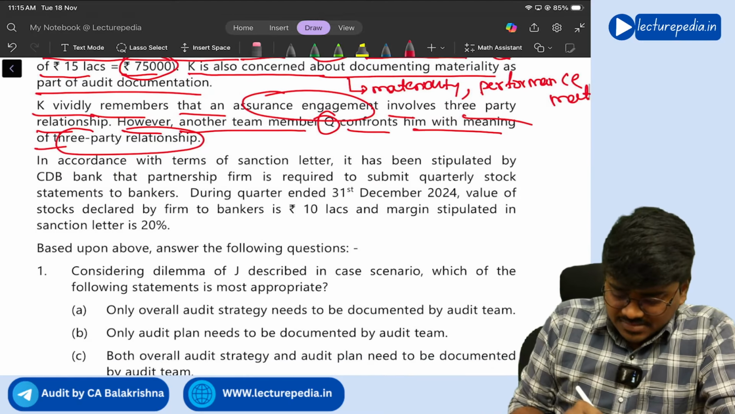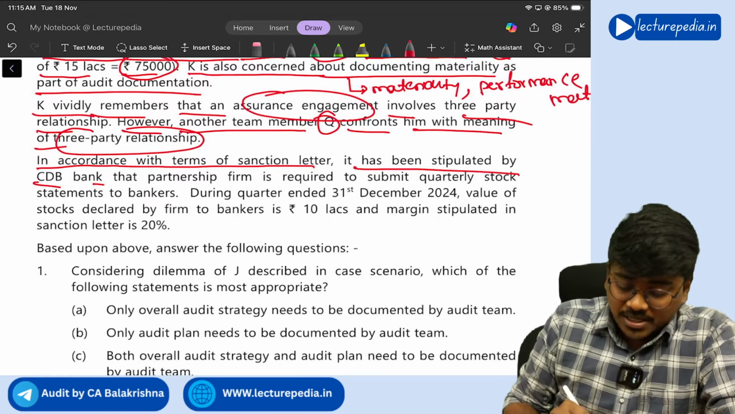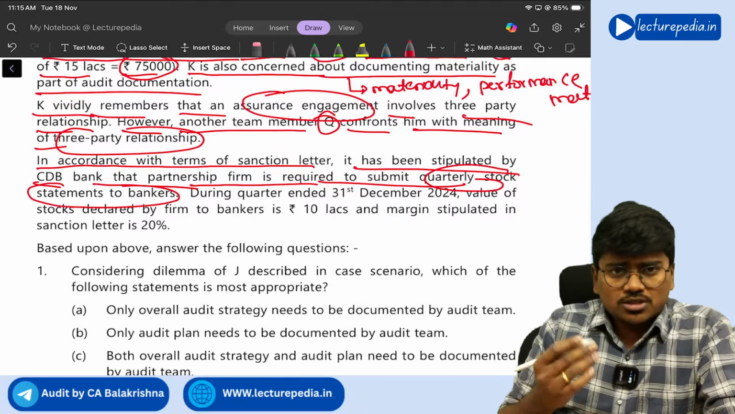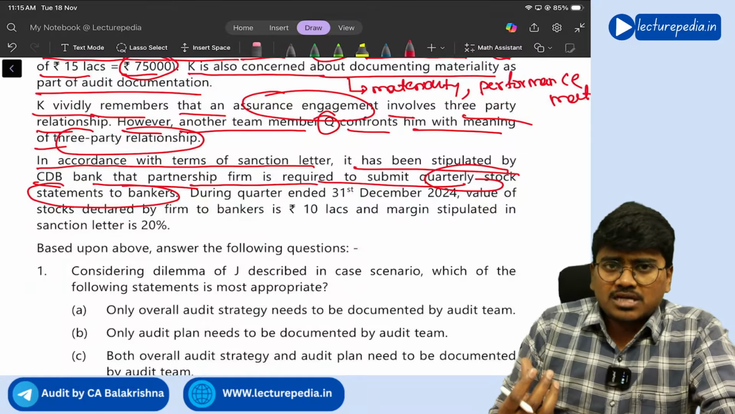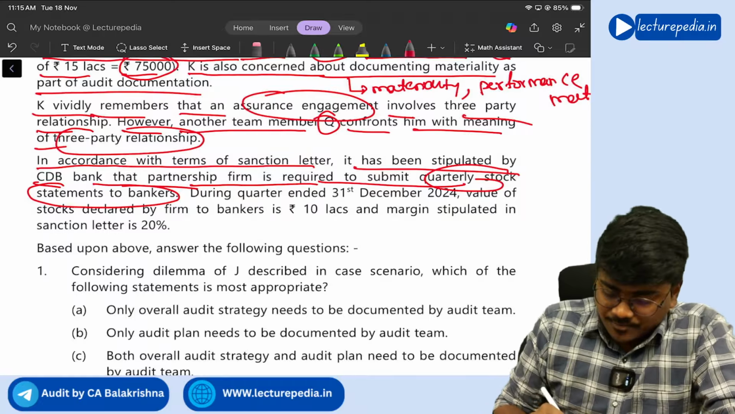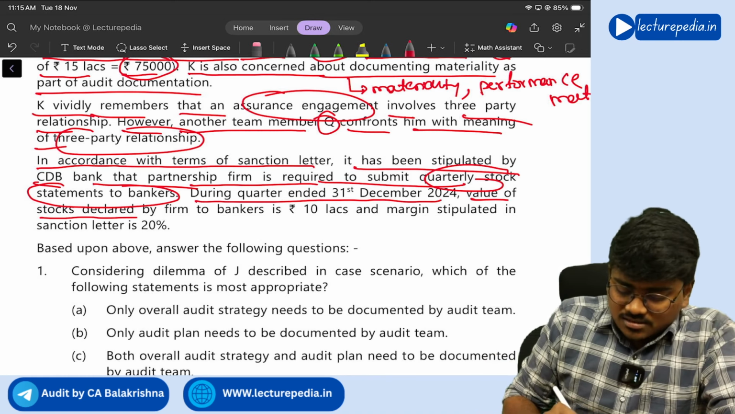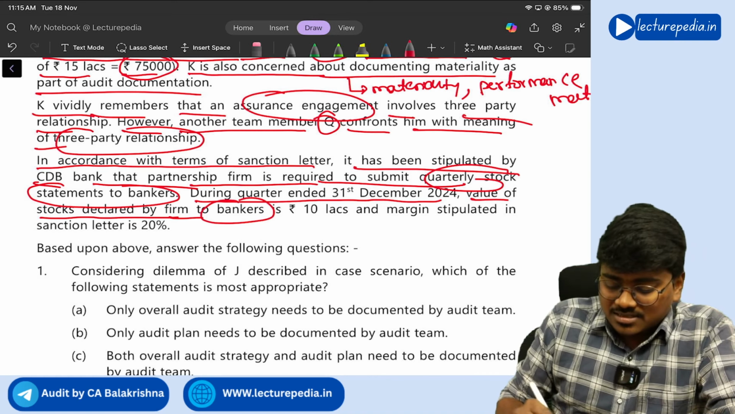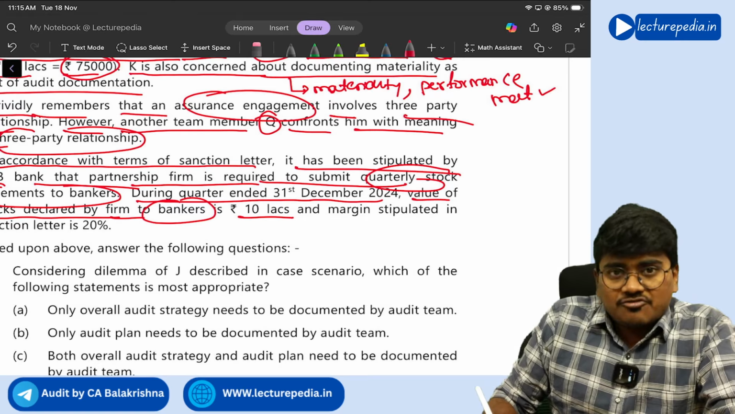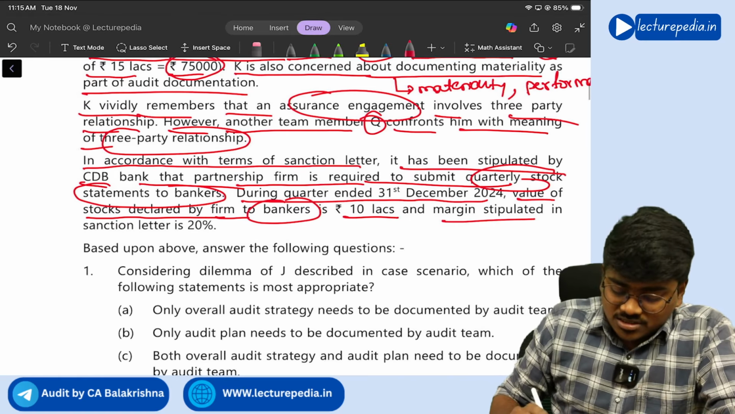Okay, in accordance with the terms of sanction letter, it has been stipulated by CDB Bank that partnership firm is required to submit quarterly stock statements to the banker. Yes, since they have taken working capital loan, cash credit limit, they have to submit quarterly stock statements during the quarter ended 31st December 2024. Value of stocks declared by the firm to bankers is 10 lakhs. So in the stock statement, they have disclosed the value of stock as 10 lakh rupees,